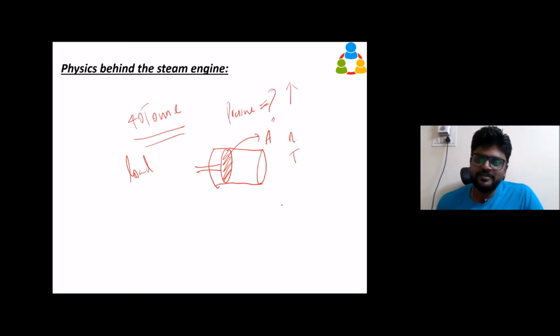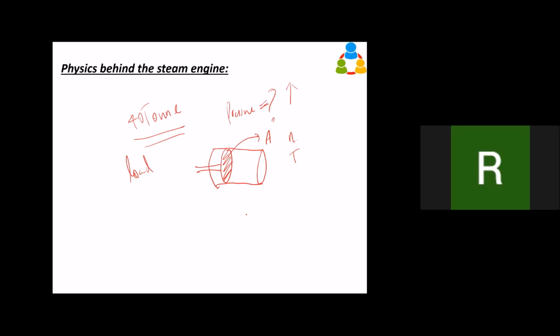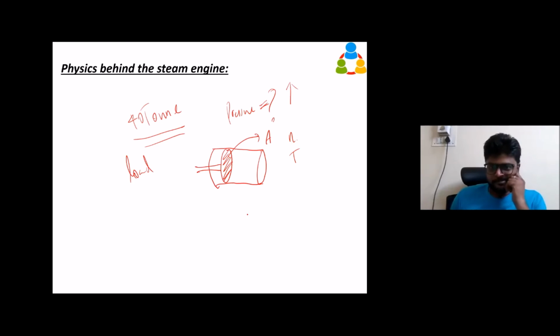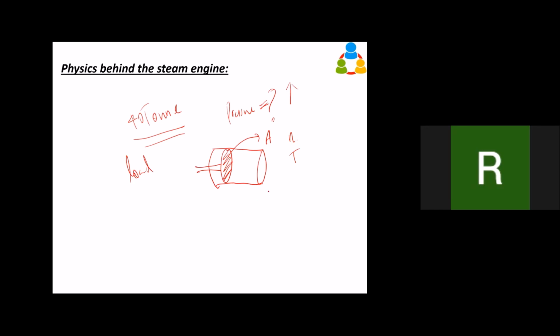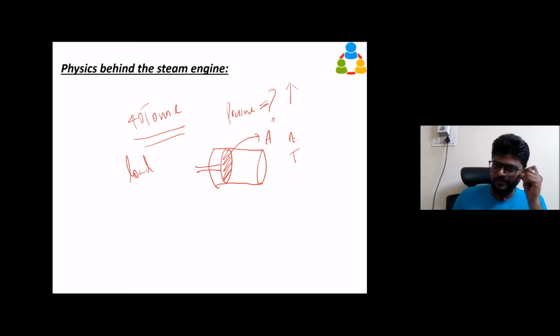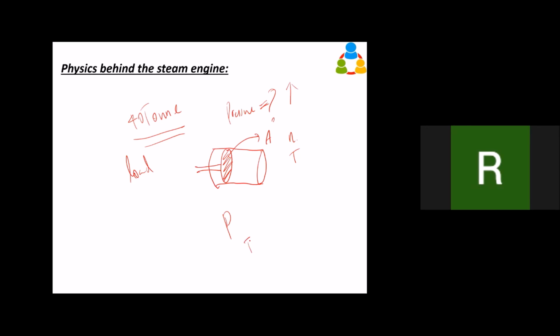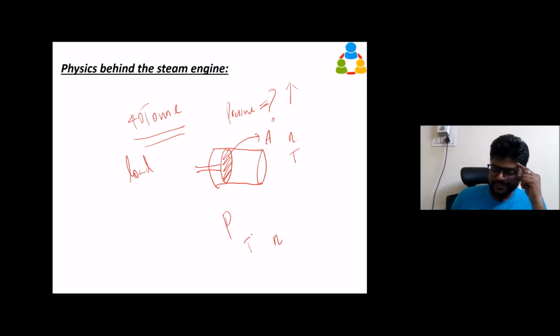And how is this related with the pressure and the volume of the cylinder? So we need these two data to conclude how much pressure the piston has to do to pull that 40 wagons. How are we going to calculate that? What is the connection between pressure, temperature, and number of steam molecules? Pressure acting on the piston, temperature of the steam molecules, and number of steam molecules. What is the connection here? And one thing is missing.